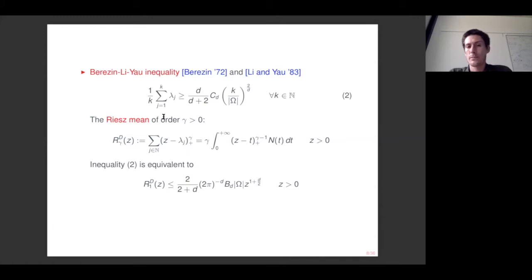Another step in order to understand these quantities could be to see whether it is possible to reverse the Berezin-Li-Yau bound, with a first term which is the same Berezin-Li-Yau term, that is sharp, and adding some lower order correction terms.